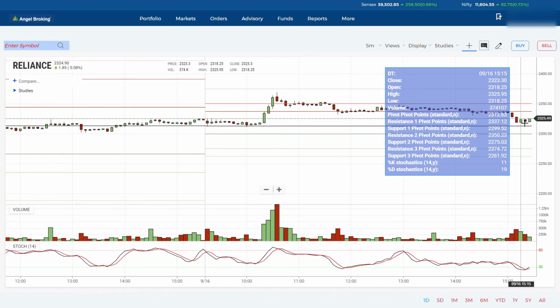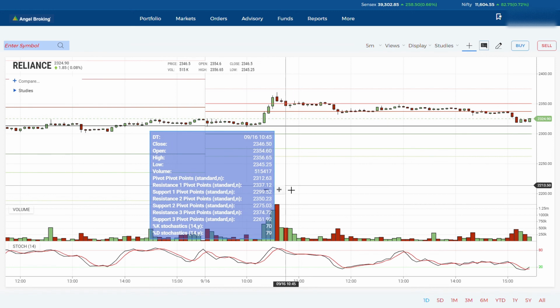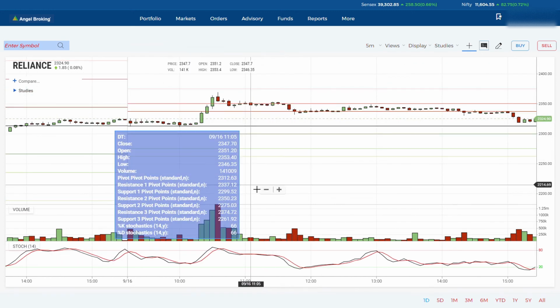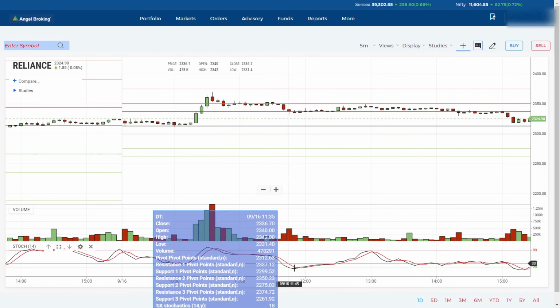Even if I'm entering, it always depends upon my psychology and the mental pressure, everything will be there, right? So try to learn different indicators, analyze, and test them. If it is working fine, then do it. For my intraday trading, I normally use pivot point, stochastics, and this thing. And you can combine with other indicators like VWAP also. In my next video, I'll explain what VWAP is. As of now, you can check these indicators and see if they work fine for you.